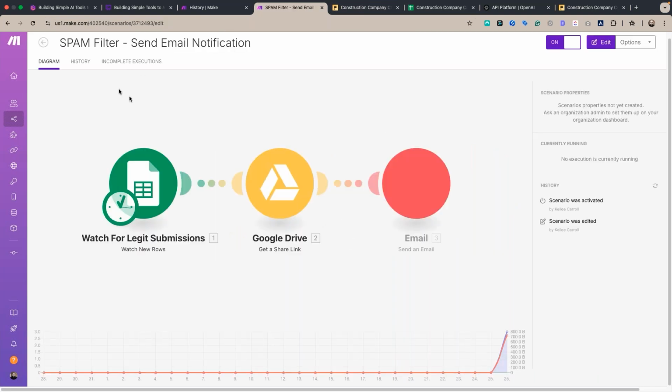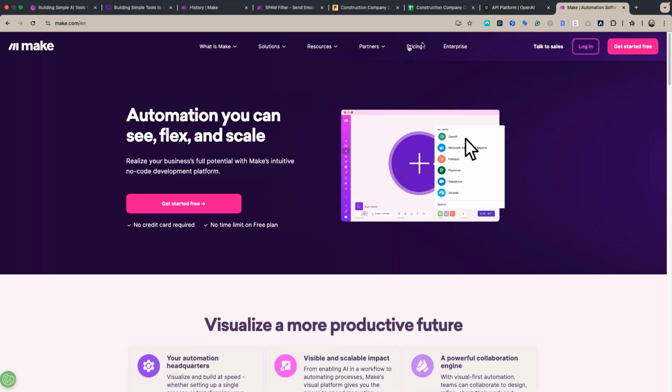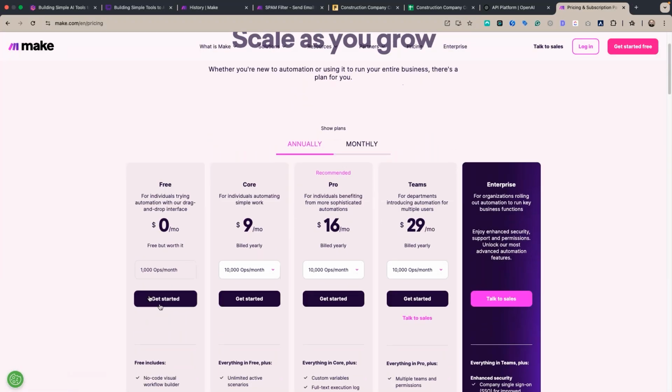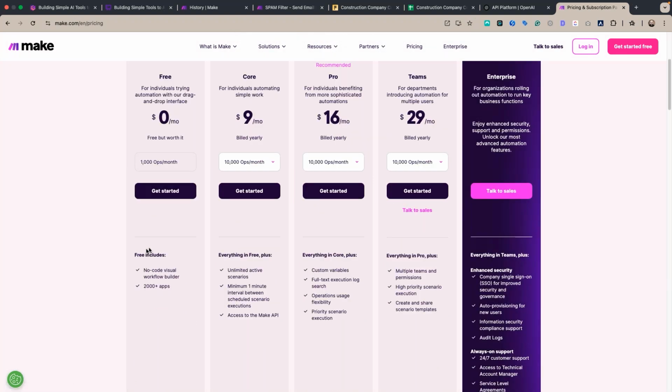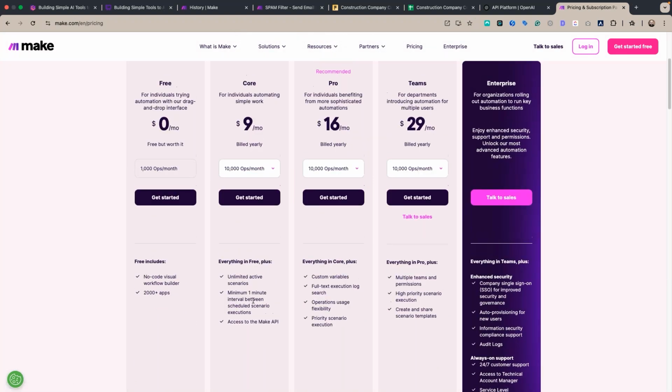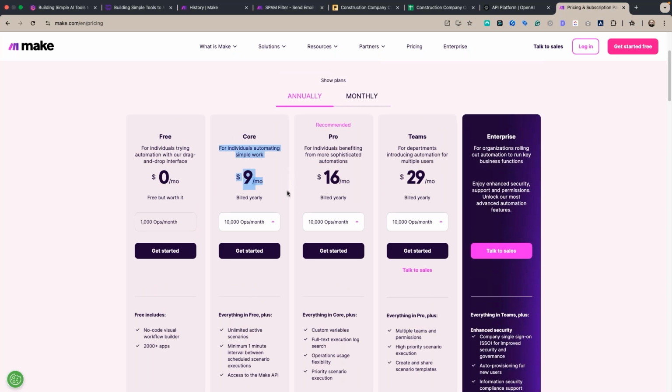Okay. Same thing, history, incomplete executions, you can see different information. You go to make.com pricing, yeah, 1,000 operations a month. And then 2,000 of their apps. But again, if you start doing this, in the beginning, 10,000 operations is a ton. So as long as you don't go crazy,